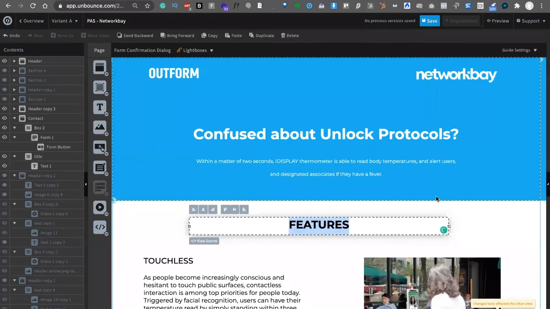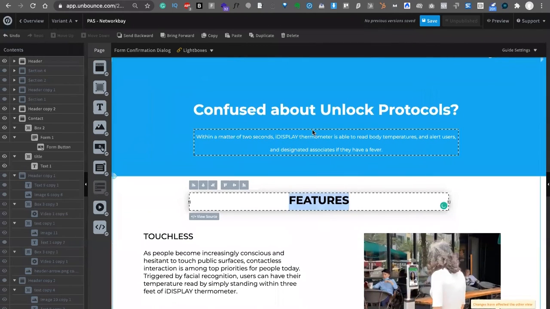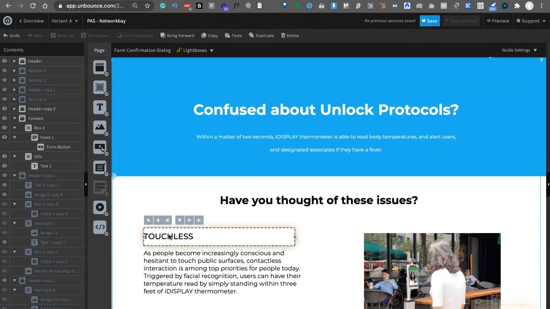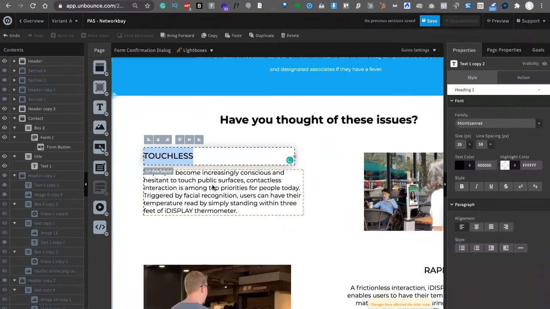Now here I want to do the agitation. Okay, this was actually the solution, but I want to do the agitation part over here. So confused about unlock protocols within a matter, blah blah blah. Then I want to talk about, have you thought of these issues? Okay, and then here I would say, how will people be scanned? Okay,